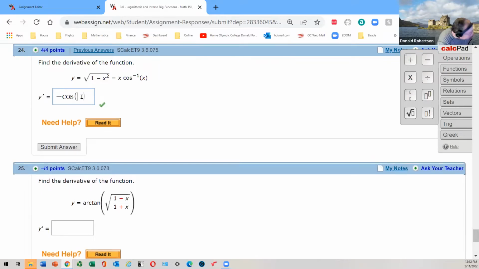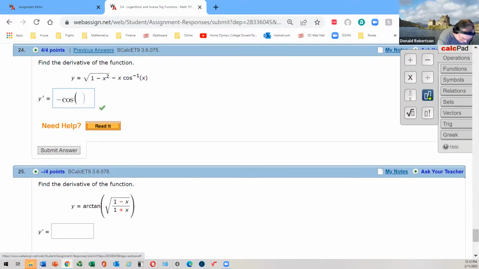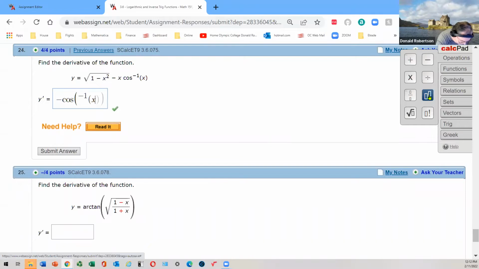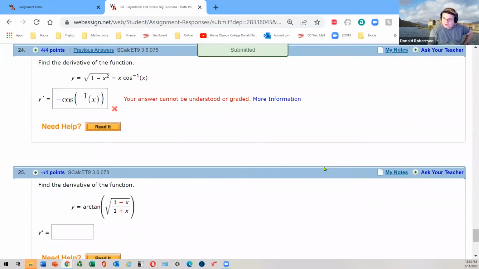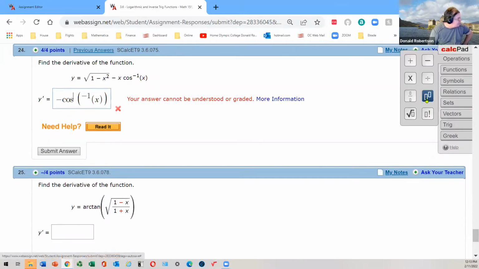You're going to go cosine, hit this button here, -1, do a bracket, put in an X. That didn't quite work out the way I thought, but there we go. If I submit that answer, it's going to be wrong, isn't it? And if I could put, let's put it here, see if I can get away with it. I can. If I put it here,